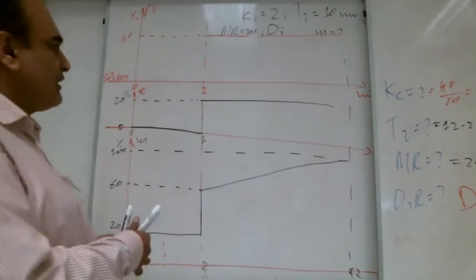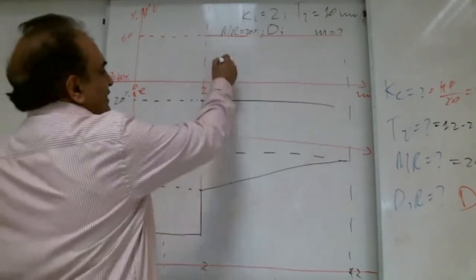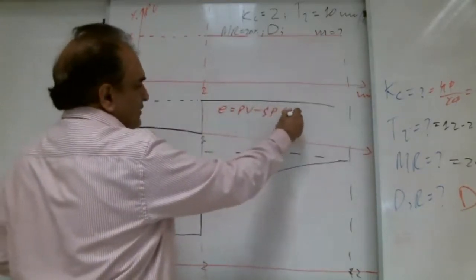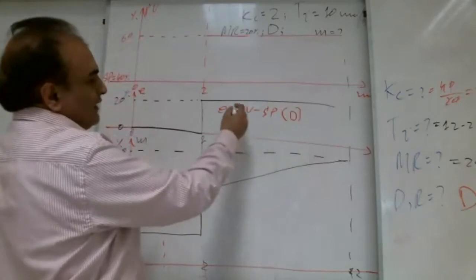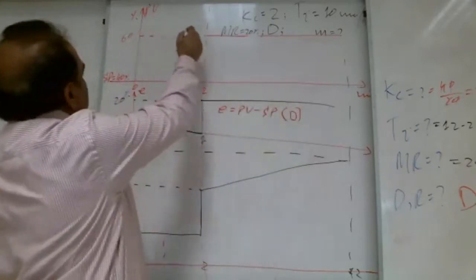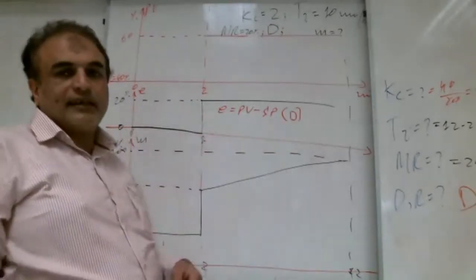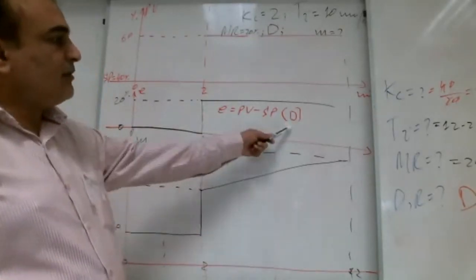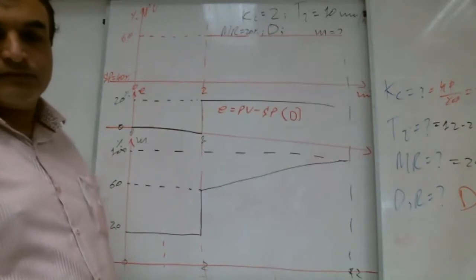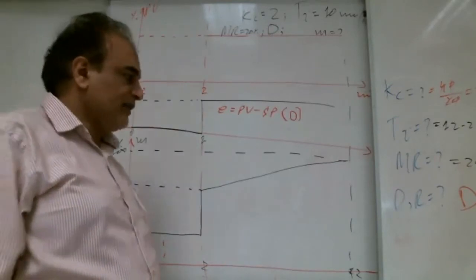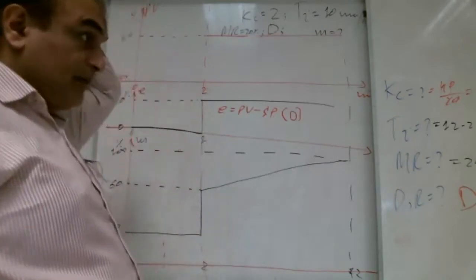You remember. Direct action, what is error, Shabab? PV minus SP. Direct action. So here, if the error is positive, PV is bigger, SP is smaller, error is positive, it means direct action. Follow with me? Okay, that's good. A lot of brothers are writing. Any question up to here, Shabab?